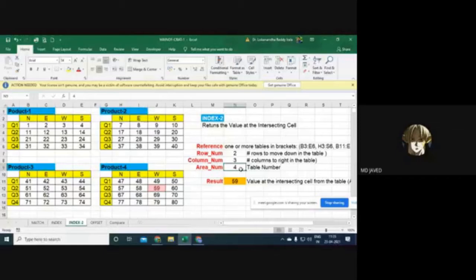Sir, we are getting the result in the N11 cell, but the similar value is being highlighted in the respective table. Sir, no. This is my arrangement. It will not highlight there. Yes, sir. To connect you to this, I have made this arrangement. Sir, how, sir? Is it conditional formatting? Okay, sir. So we will talk about that later. Okay. Yes, sir. But remind me of this when we discuss conditional formatting. I'll bring you back here and then I'll show you. But this is not part of the Excel formula.